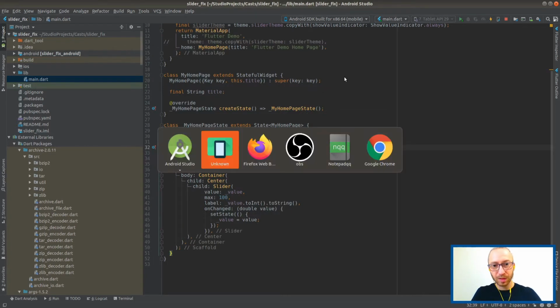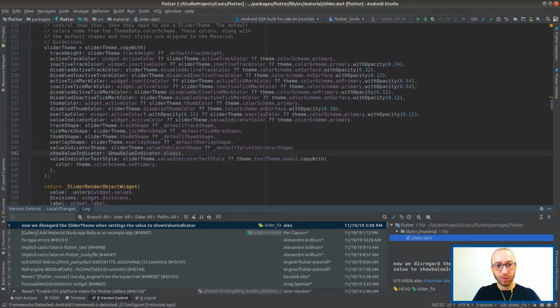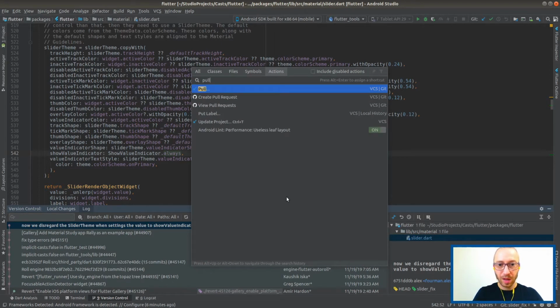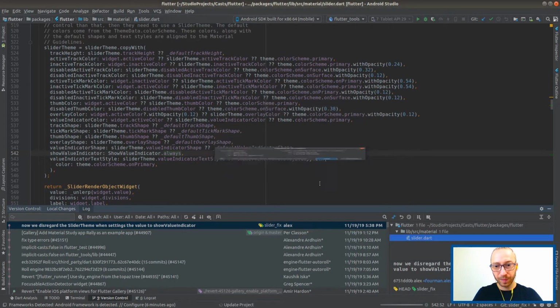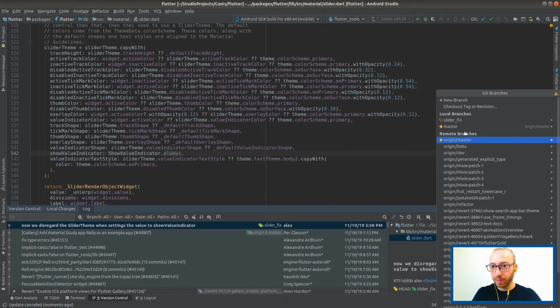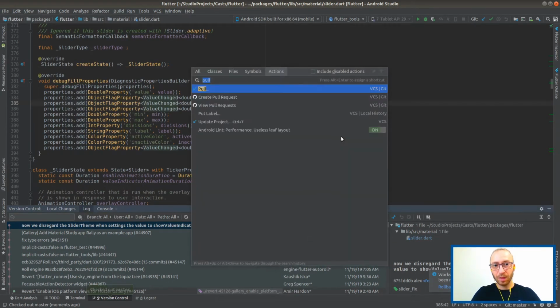Cool. So let's get back to over here. I will revert this and just check, maybe someone pushed some changes. Let's do update project, right? Maybe that's a good thing. Can't update, no track branch completed. Oh, right. Sure. Big deal. Let's switch to origin. Master, I guess. Check out. And update.